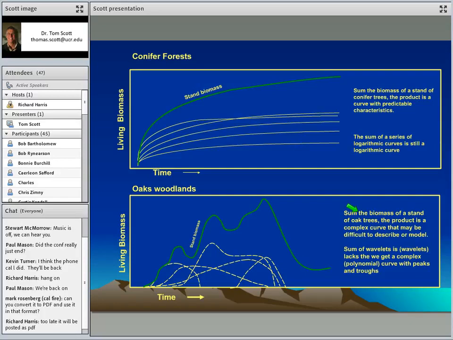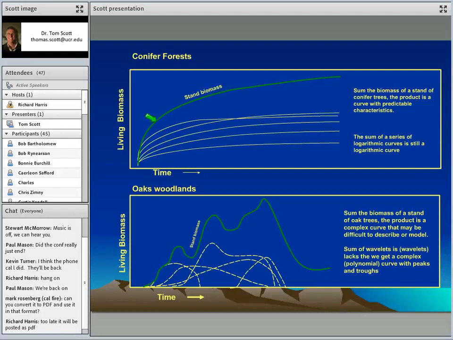What you end up with is maybe at best a polynomial, but the reality is this thing, as my son, the mathematician, scolded me about, is not even necessarily a polynomial because it's really hard to model this. It's not impossible, but you have to do it empirically. It's much more difficult to start from a global approach of, say, statewide, we're going to look at biomass accumulation, and then work our way down to the variance of a given stand. It's much more difficult to do that with oaks.